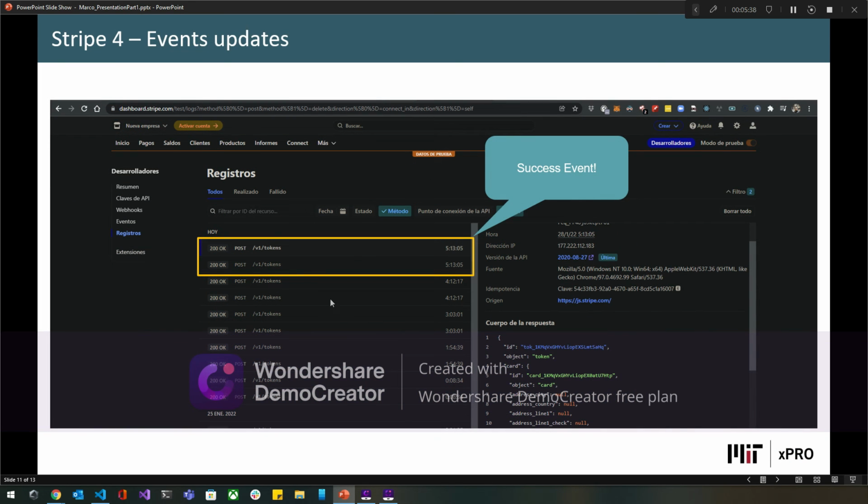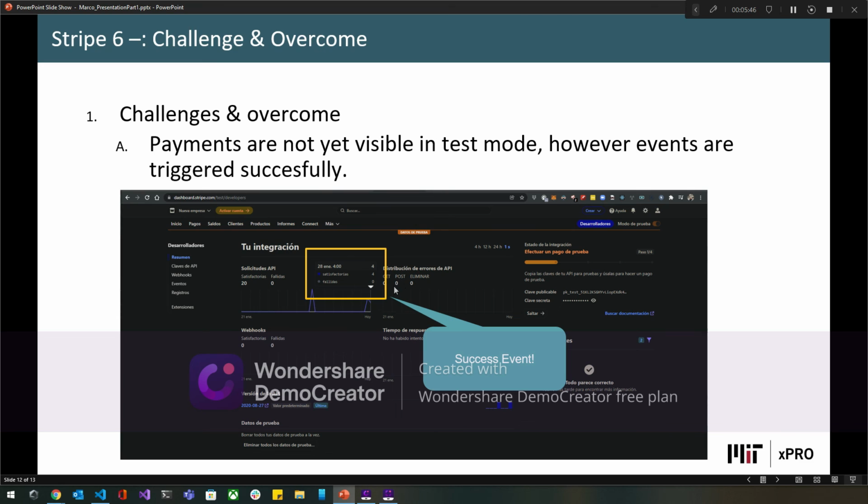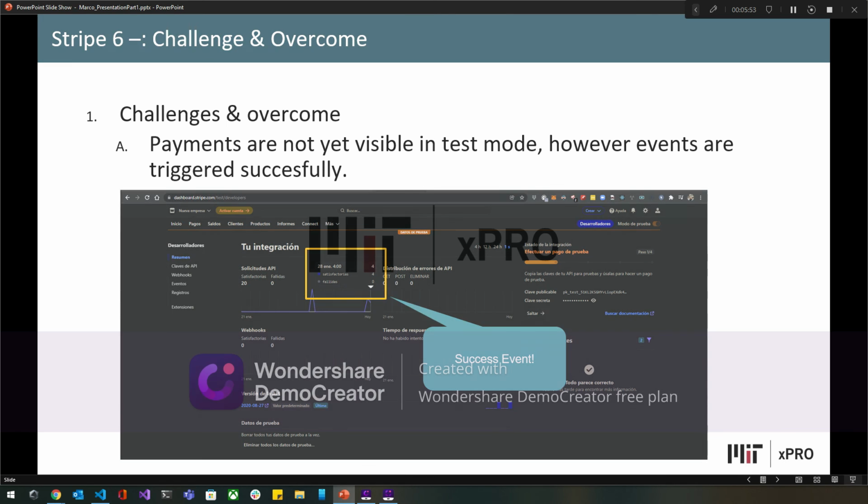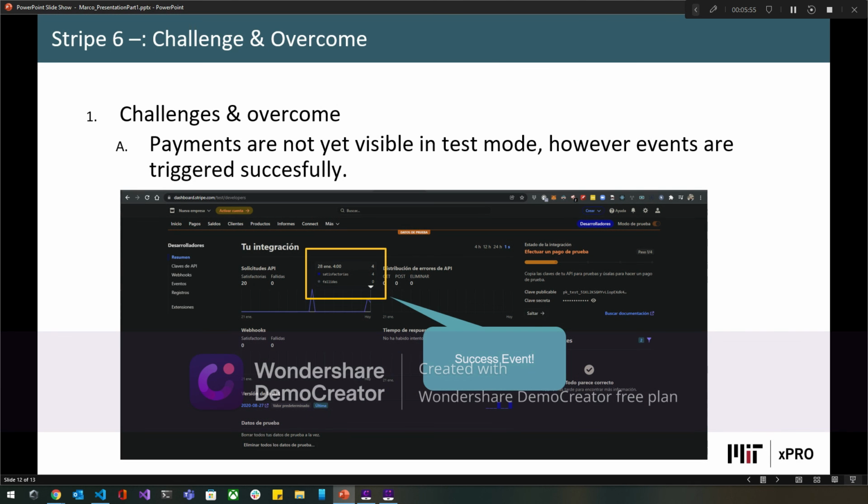In the Stripe, you see the events that are being handled by the Stripe platform within this order, and you can see here that all the events, especially in the tests that I have run, are successful. Something to mention here is that the payments are not yet visible in this test mode. However, the API events and the events in the Stripe platform are